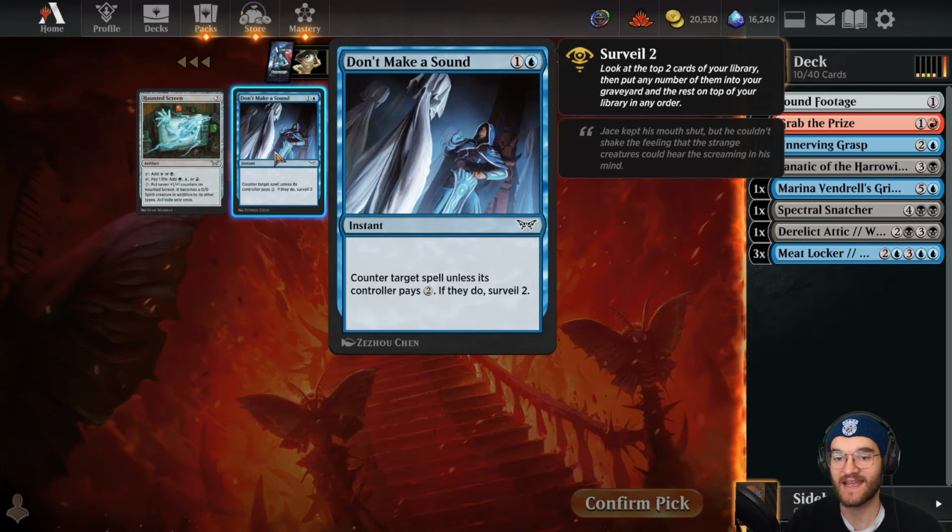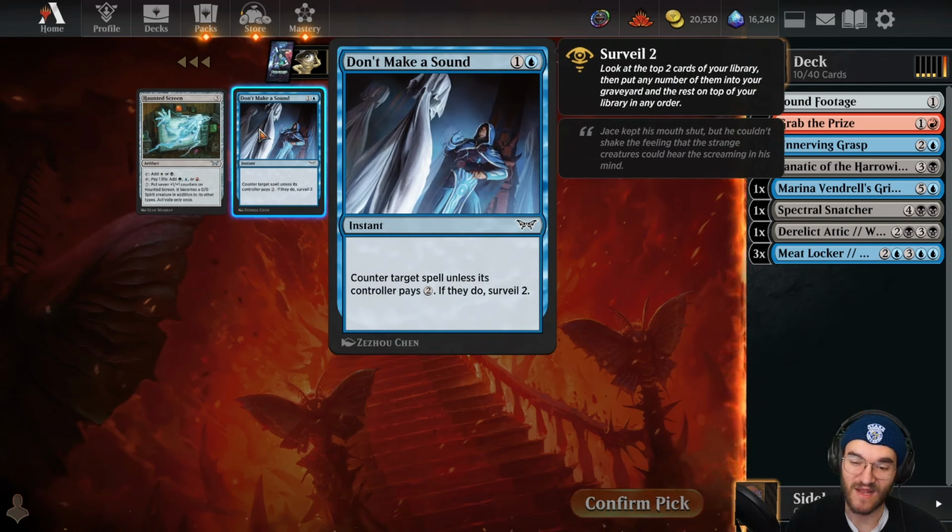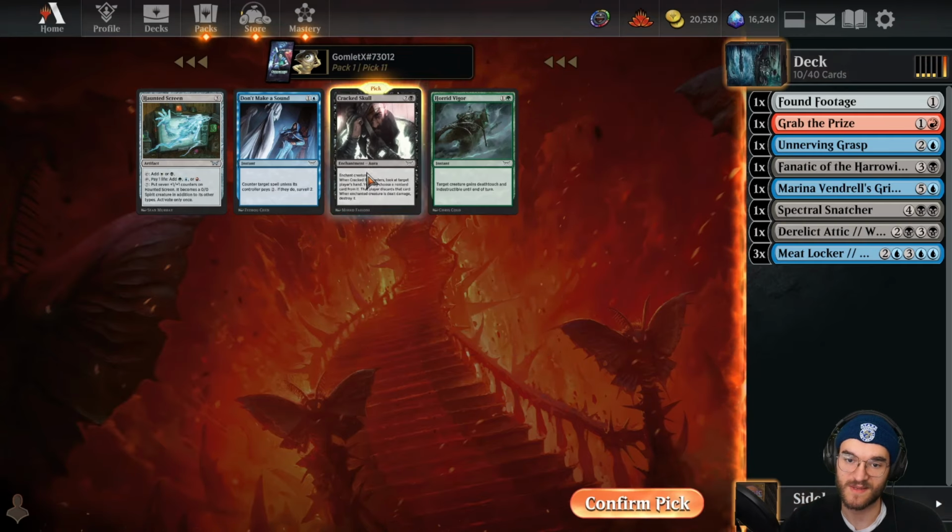Technically, if they had activated some rooms or used some found footages with their mana, there's a possibility that you'll find the really narrow position where they don't have the mana left to pay the 2, but the vast majority of the time, this spell is just not going to work, so Cracked Skull is